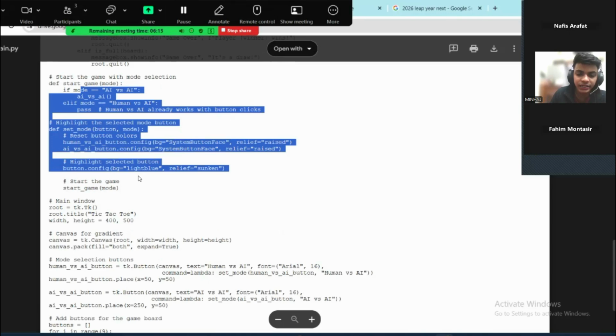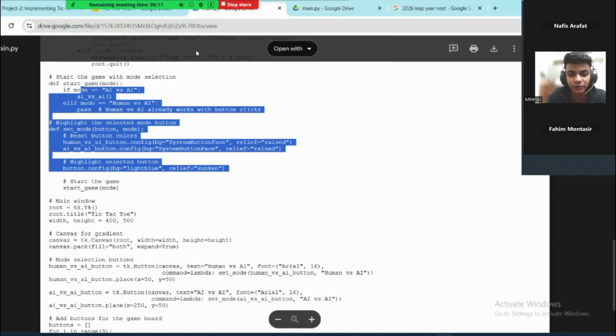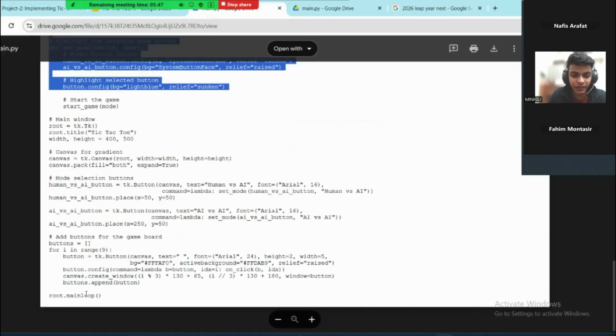tkinter for the GUI setup in the game window, and the Tk window is created and configured. Two buttons for the mode selection are created and placed on the canvas. Nine cells are created for the tic-tac-toe game board, which represent the cells. They are placed using the create window function to organize them in a 3x3 grid. And in the last we have